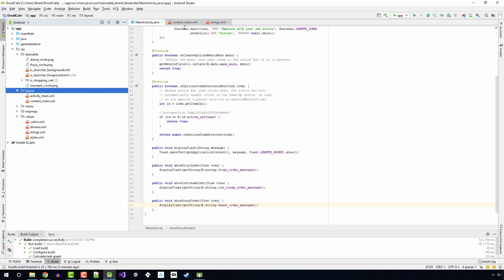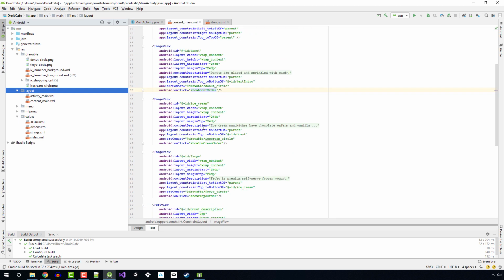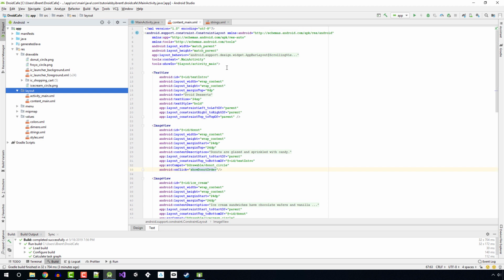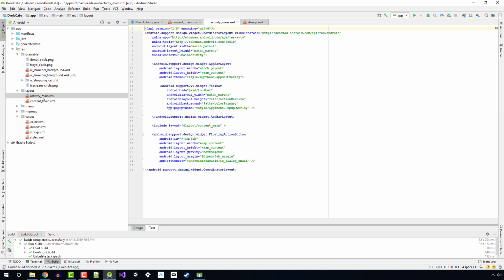What we're looking at is, notice we have our content main XML file, and this represents the content within the app, but there's also the activity_main XML file. If I open that, here we are looking at the information that is associated for the app bar, the toolbar, as well as the floating action button. And notice here, and we're in the text view, the source compat, the image for this says IC dialog email. We want to change that